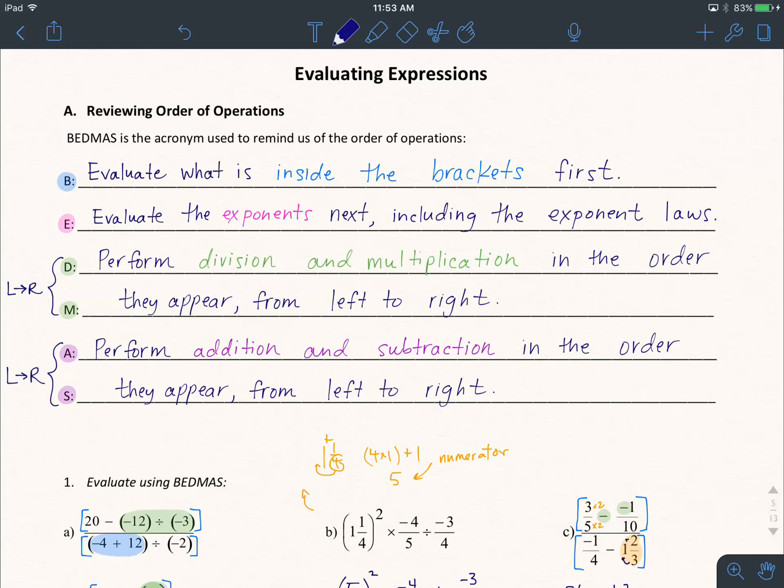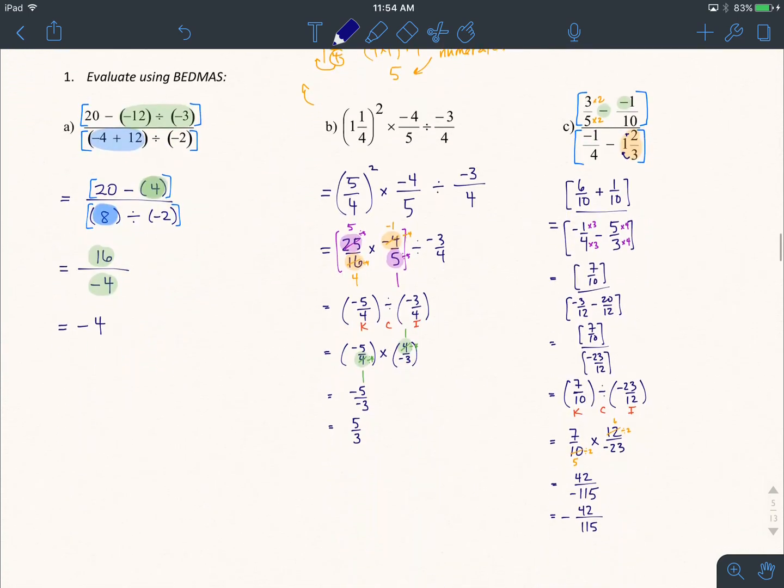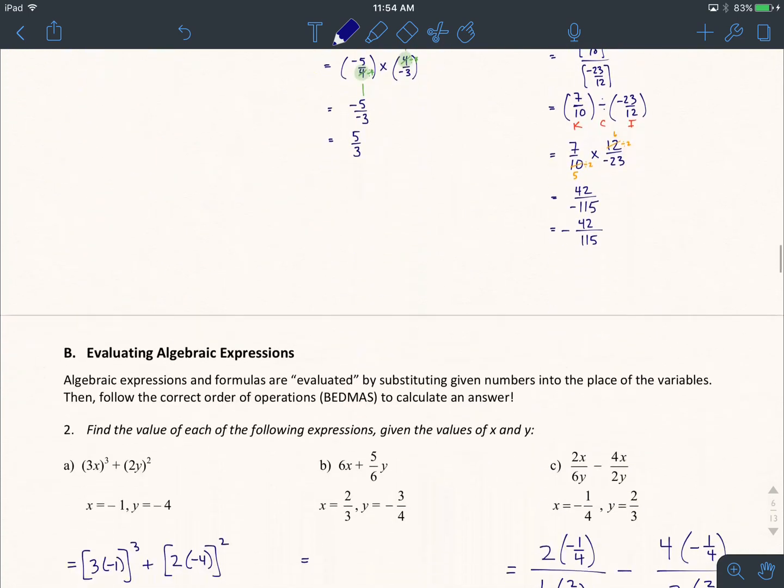Hello and welcome to the second part of Lesson 2, Evaluating Expressions in Unit 0 in our Grade 10 Academic Math class. We started by looking over BEDMAS, which is the set of rules that govern the order of operations we perform when evaluating expressions. We worked through some expressions that needed to be evaluated here, and in the second part we're going to look